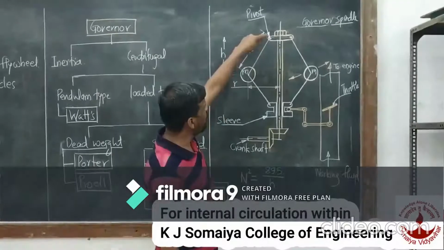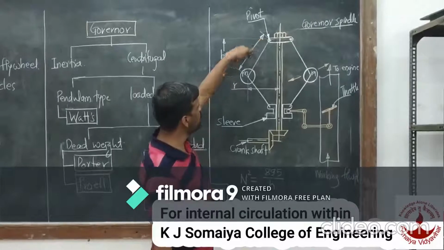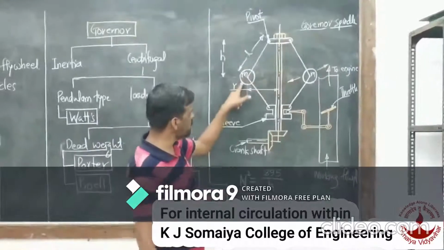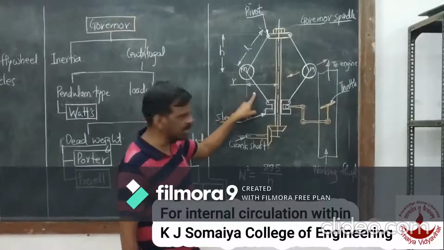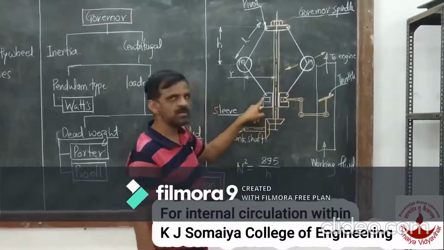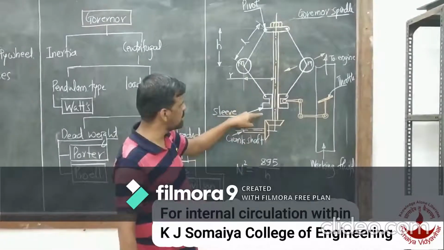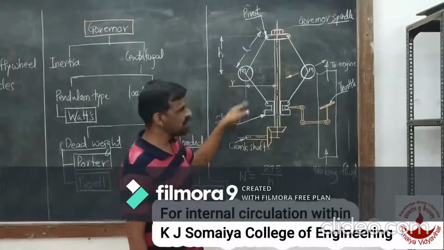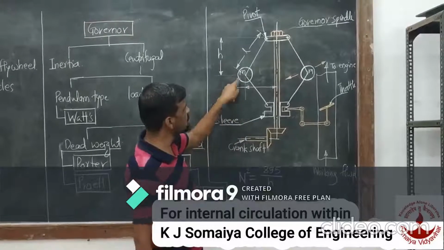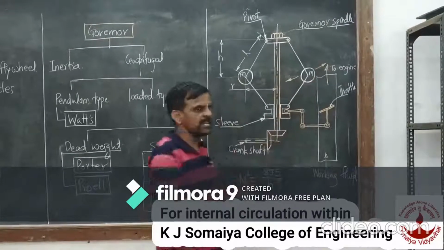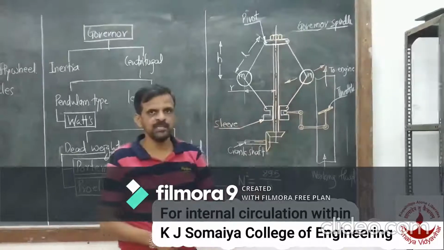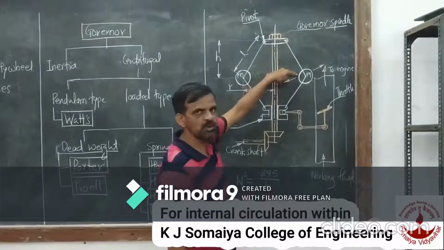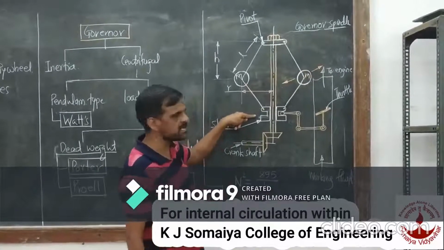Now on the crankshaft, or at one end of the crankshaft, there will be a pivot. To the pivot there are two links connected. At the end of the two links there will be two fly balls, and these two fly balls are further connected with the help of a connecting link or connecting rod to the sleeve. The sleeve is allowed to move in the up and down direction on the spindle, or on the sleeve of your governor. Now what happens when the engine speed increases: the fly balls will move in a pendulum nature as shown in the diagram with the help of orange arrows, and due to that these balls will move away from each other, and that's why it will lift this sleeve in the upward direction.